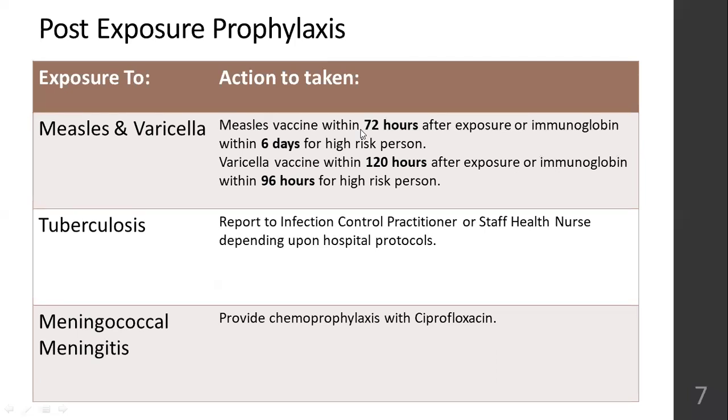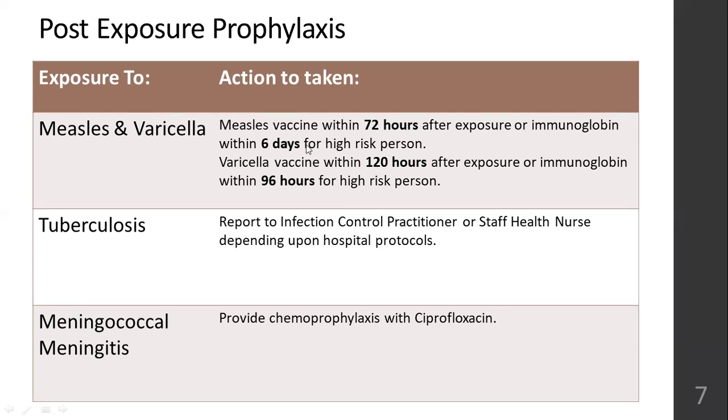And if you have missed this 72 hour window period, if it is too late and after 3 days you got to know that the person had measles, you can directly take the immunoglobulin within 6 days, especially for a high risk person. If you miss the first 3 days window period, on the fourth or fifth or sixth day, you can take the immunoglobulin directly. Vaccine means live attenuated virus is given. Immunoglobulin means direct antibodies are injected inside you.